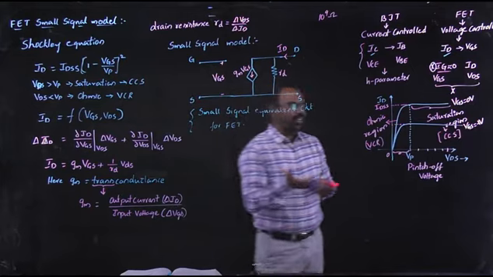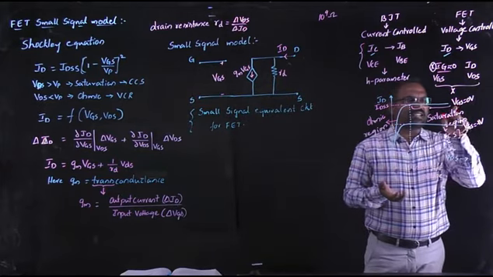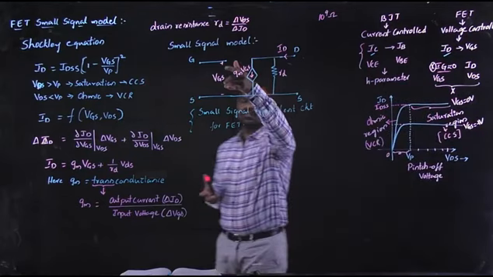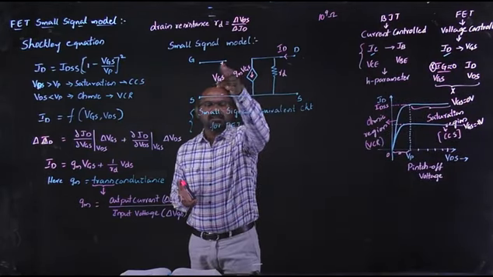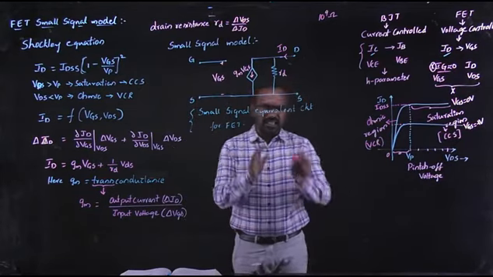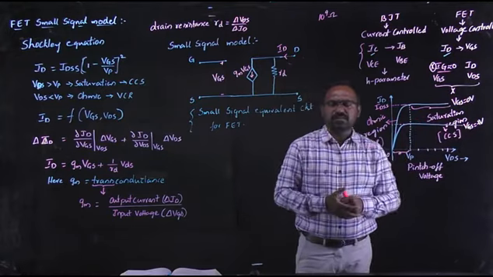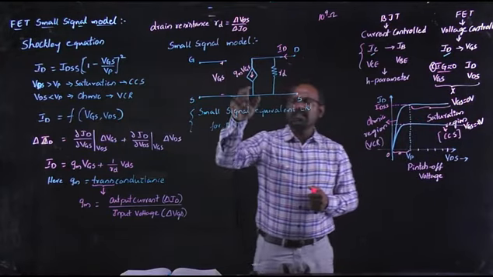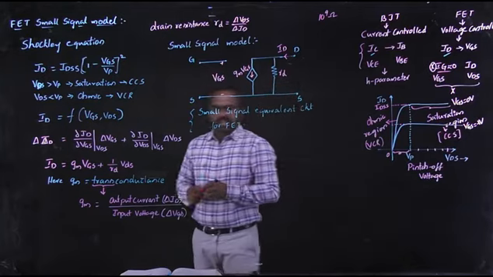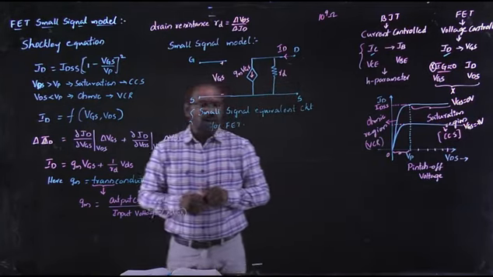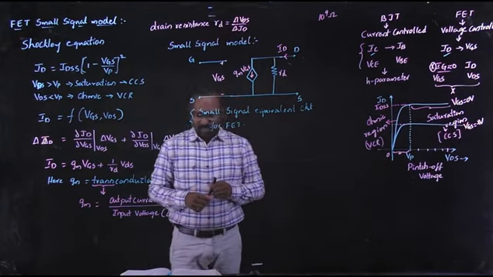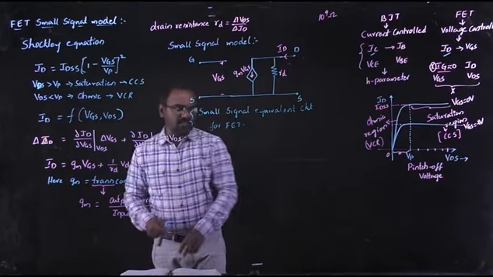Generally this maximum IDS curve exists when VGS is equal to 0. VGS equal to 0 means, do we have any resistance here? No, nothing. At the input side we won't have anything. So this is the generalized way we can derive the equivalent circuit diagram from the graph. Right? So here gm is defined. Now, how to calculate this gm graphically? We will do that graphical analysis first.